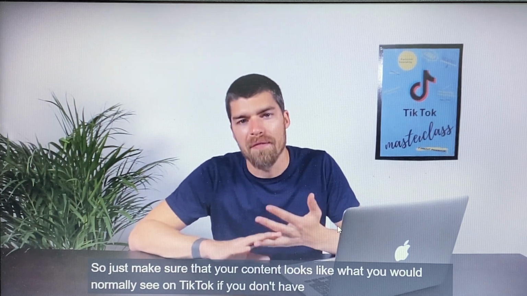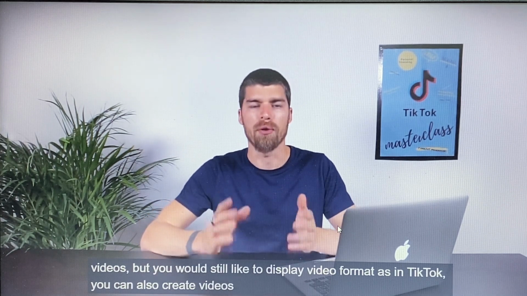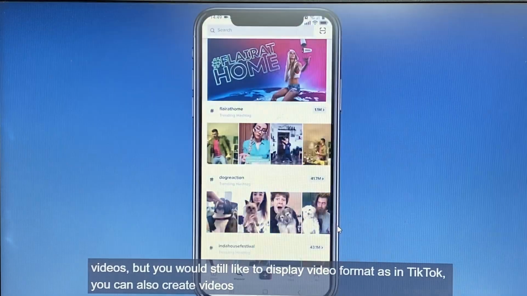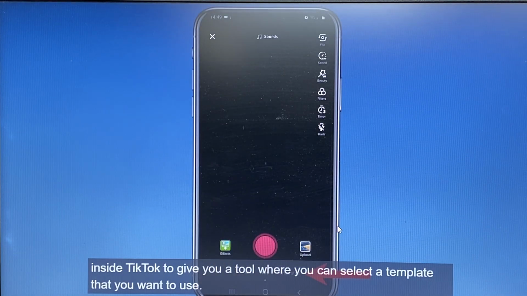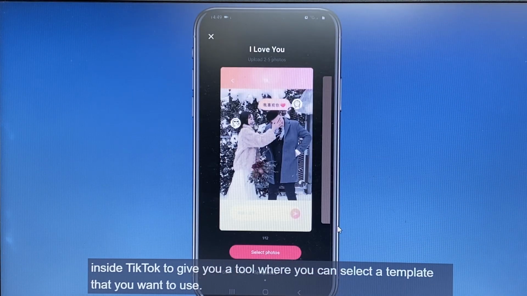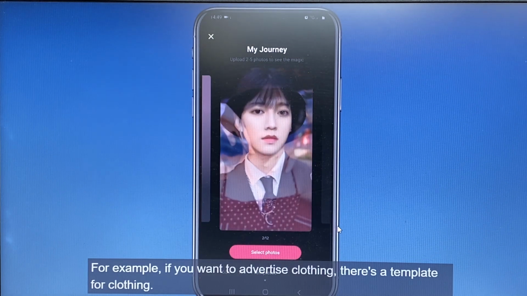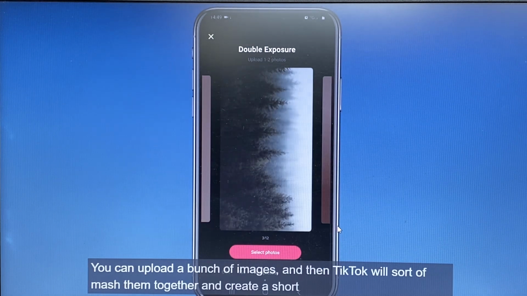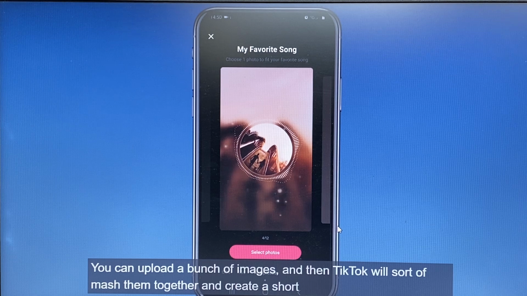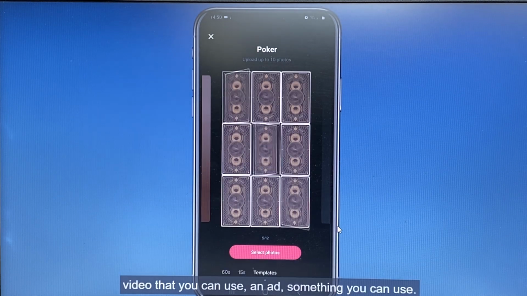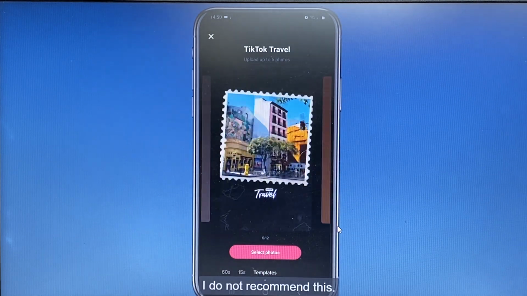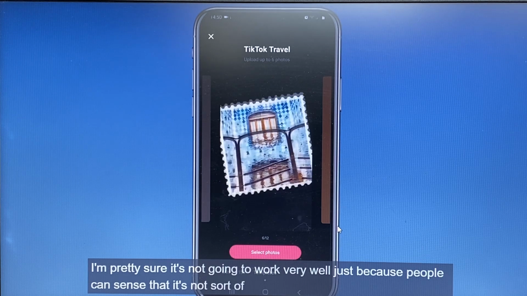If you don't have videos, but you would still like to display video format ads inside TikTok, you can also create videos inside TikTok. They give you a tool where you can select a template that you want to use. For example, if you want to advertise clothing, there's a template for clothing. You can upload a bunch of images, and then TikTok will mash them together and create a short video that you can use as an ad. It's something you can use. I do not recommend this. I'm pretty sure it's not going to work very well,